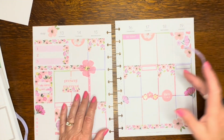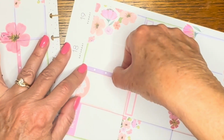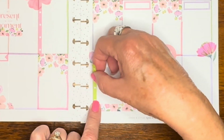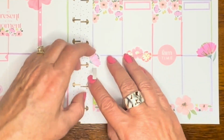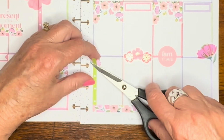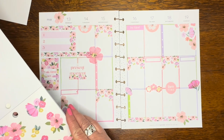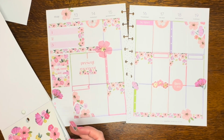Maybe we could do here. It needs to go here or here. Kind of like it here. I think I'm actually just going to cut this one. I think I'm going to use a couple more of these, which is like this. It's a clear sticker, so I'll have to kind of be careful about that, but I like this, and